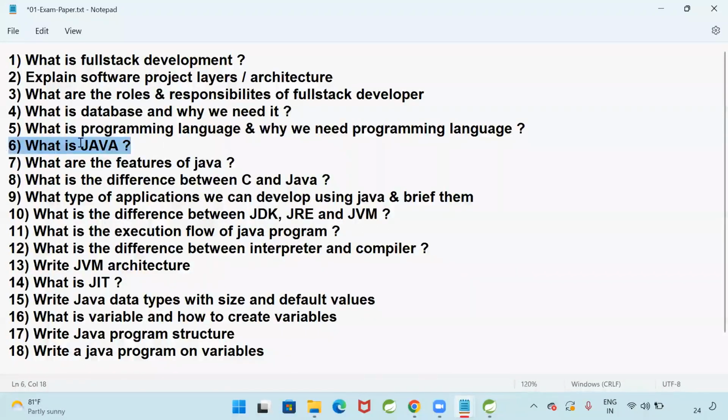That is the sixth question. हो गया? What is Java?